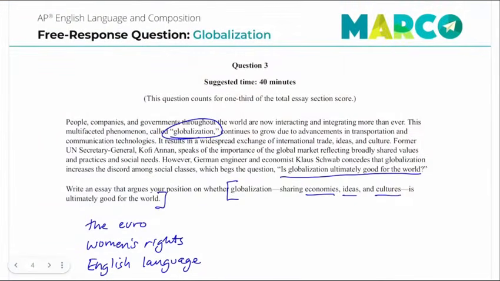And even if I want to say I believe personally that globalization has ultimately been good for the world, I did talk about earlier in here the discord among social classes. So there's some problems with globalization. So maybe I'll make a separate little brainstorm list for problems. 1 or 2 things that have messed up the world because of globalization. So maybe something like